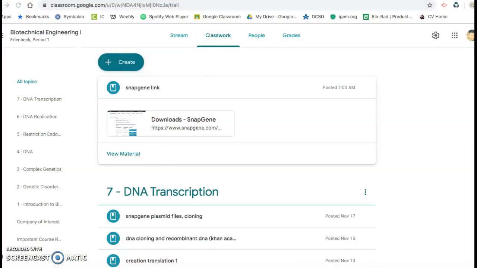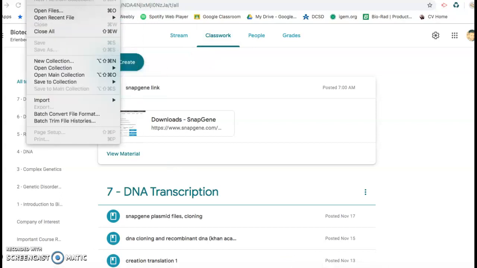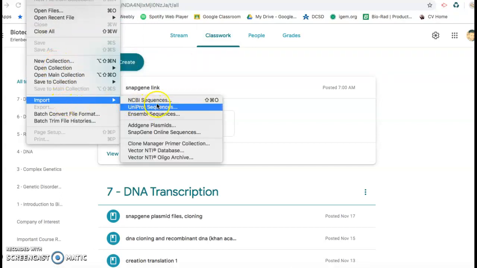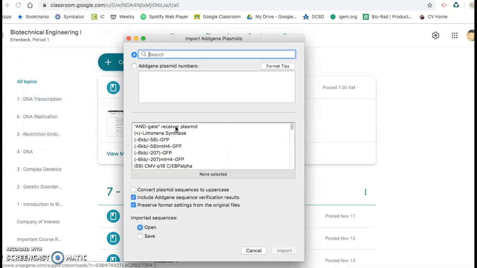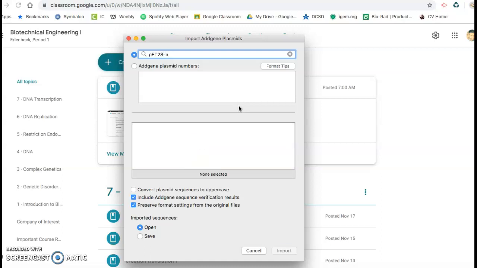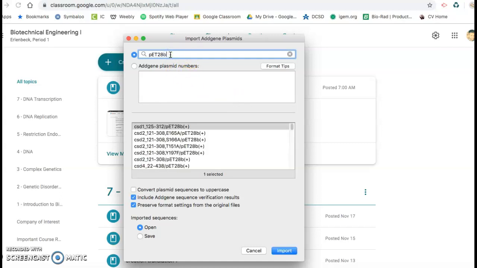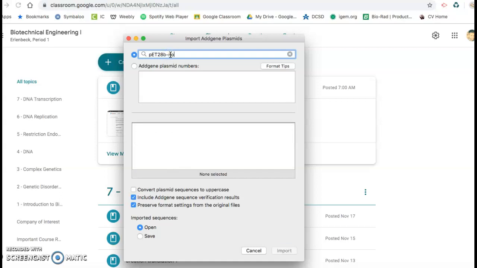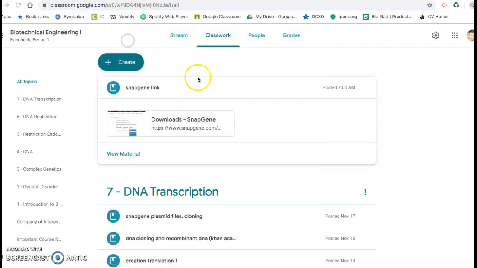So I'm going to go to SnapGene, and we need to pull up our other file. So I'm going to go to import. I'm going to go to add gene plasmids, and my second plasmid is going to be called a PET 28, and then we're going to say noser, which hopefully this will pop up. Now this one's going to be harder to find. PET 28, it might be B. Noser. Okay, so if this one's not popping up, which it looks like it's not going to for me here,